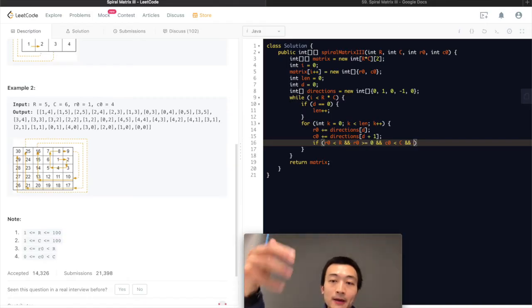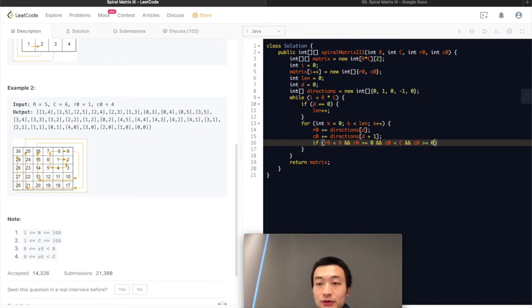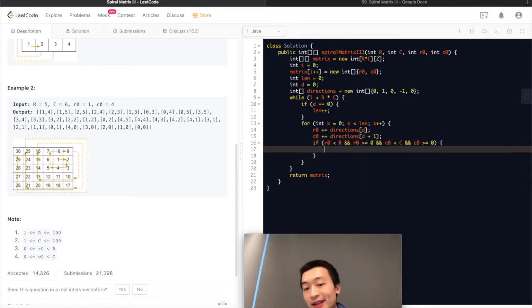You have to make sure that both R0 and C0, the current row index and column index that we just computed based on directions, need to be within the four boundaries. So C0 is greater than or equal to 0. Only in this case, which means the indices that we compute for this position are still within the boundary,